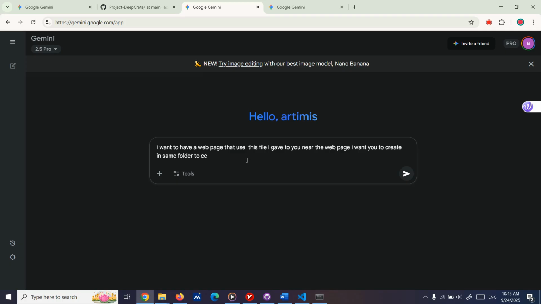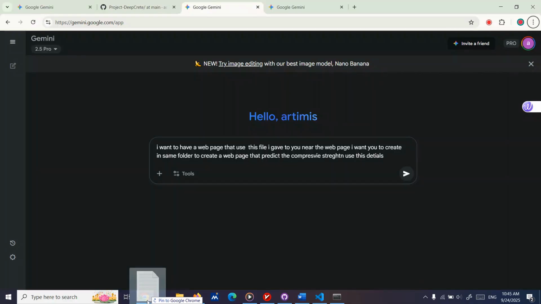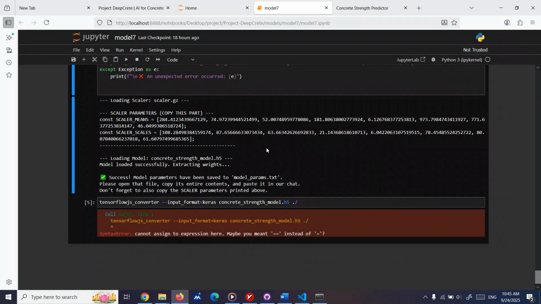to create a web page that predicts the model, the compressive strength. Use these details. Okay, let me just paste the model at first. This is the text, and then let's go for the